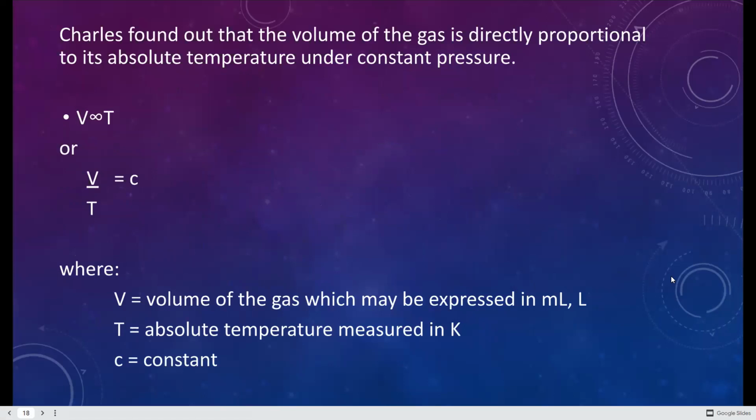Charles found out that the volume of a gas is directly proportional to its absolute temperature under constant pressure. So volume is directly proportional to temperature, or V over T is equal to a constant. The volume of gas may be expressed in ml or liters, and temperature is always, take note, expressed in